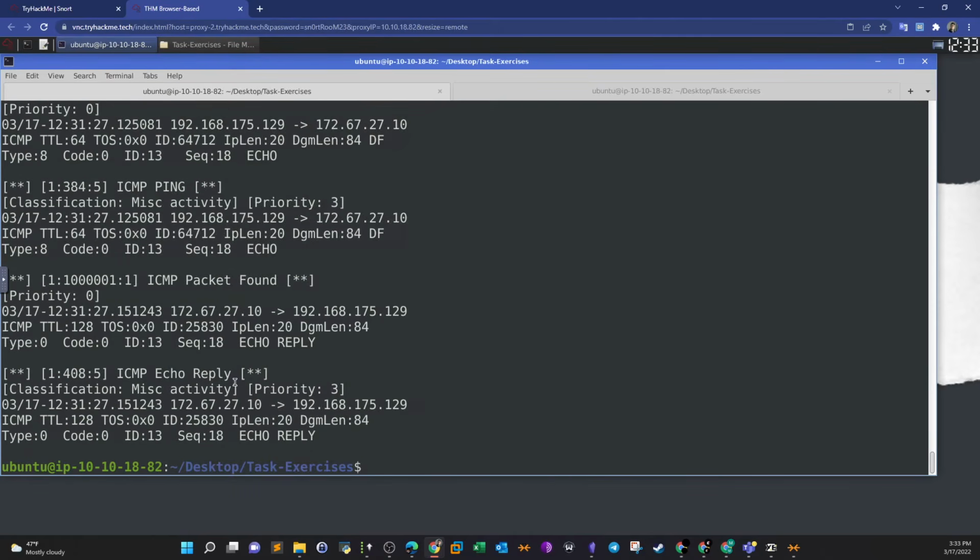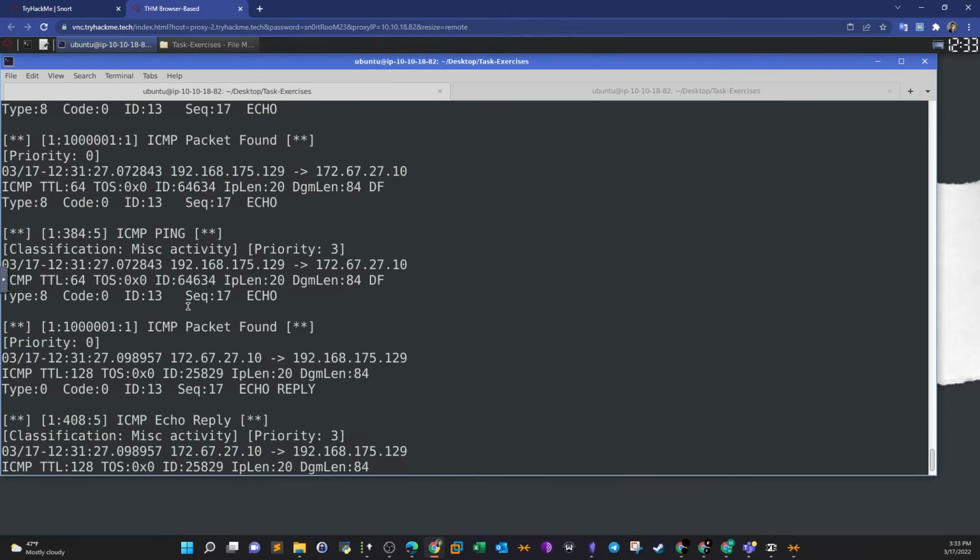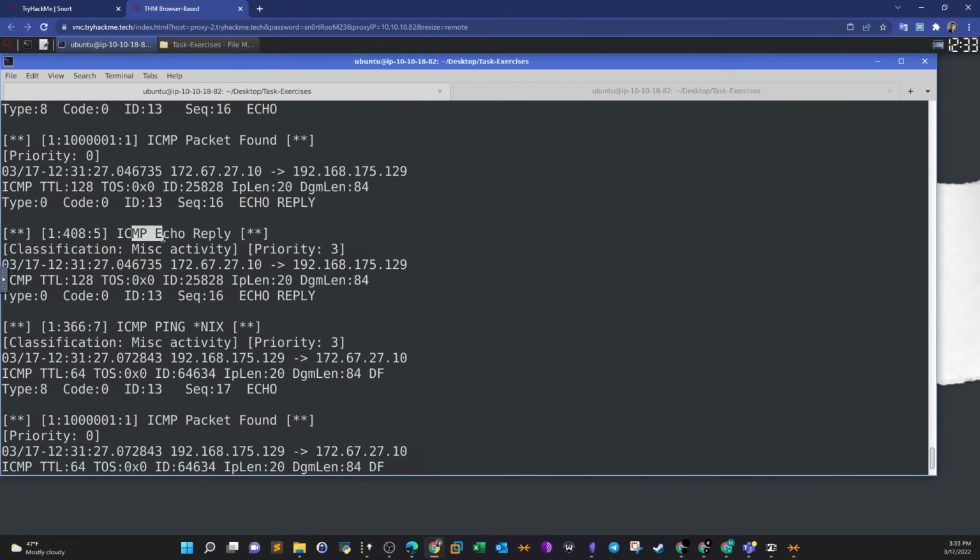Now we can see all of the alerts. Alerts about ICMP packets, right? Now most of the alerts have been generated for the ICMP, and the reason is that in the rules file,